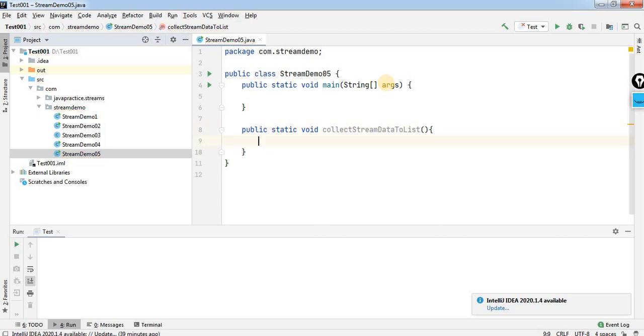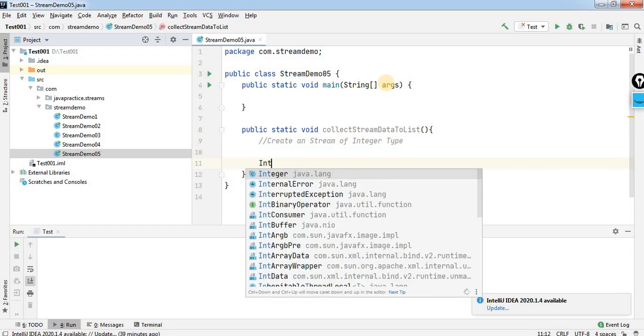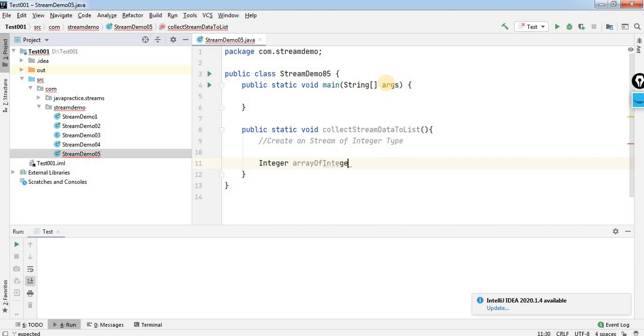Here the first step is to create a stream of integer type. So let me take an array, an Integer array, is equal to, assume we have some values: 100, 98, 95, 65 and 71.